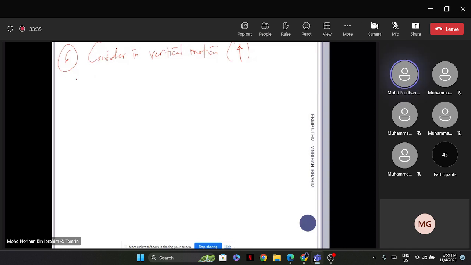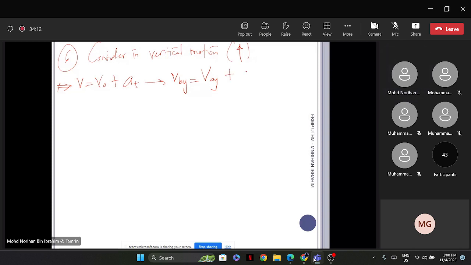So we consider the equation v is equal to v naught plus at, the first equation. In the y direction, it becomes vby is equal to vay